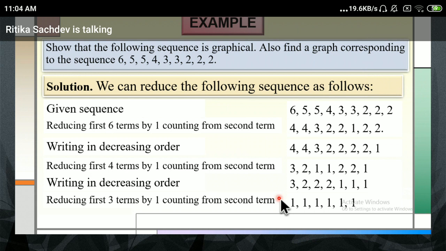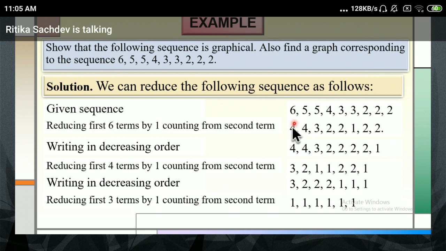Now, before I proceed, please quickly have a look at what we did. We had a given sequence. From the given sequence, we took the first number. I took the first person out and asked how many numbers you have, how many people do you need. I need 6 people. Okay, so I took 6 from here. When 6 were removed, the remaining was 4 4 4 3 2 2 1, and these two remain as they are. Then we put this in proper decreasing order.